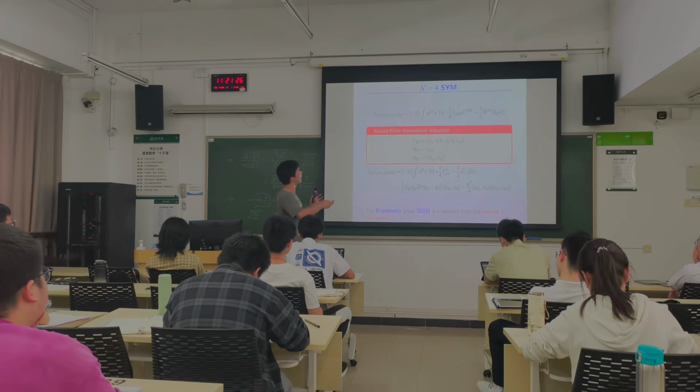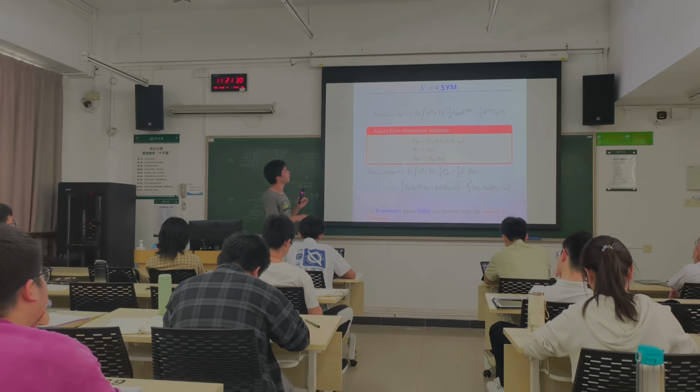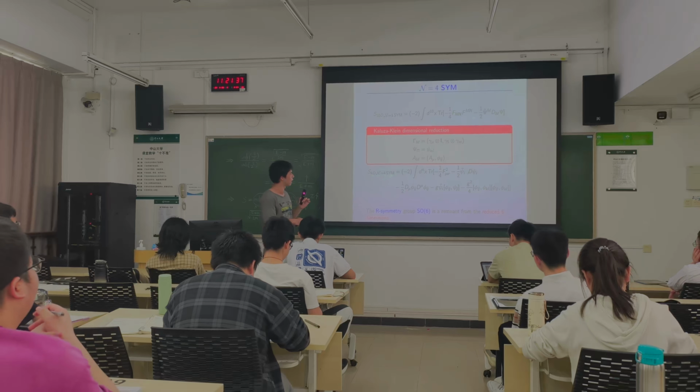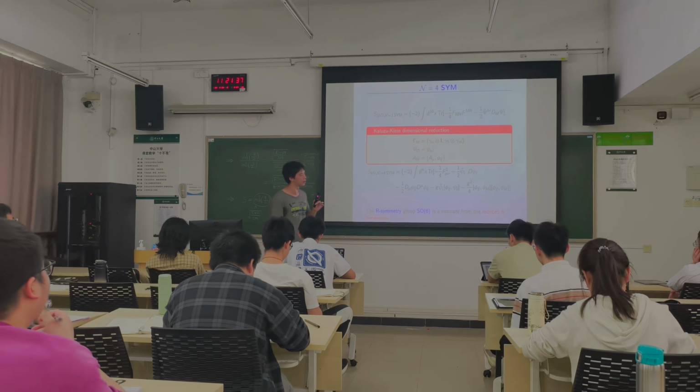Anyway, you can do a Kaluza-Klein dimensional reduction by putting this one here and substituting all this back in this equation, and you get this action for super Yang-Mills N=4. You don't need to bother with the specific form of it, but I want to make it absolutely clear that in this action you can see the coupling constant here, denoted as g. It is superconformal. It is conformal because the coupling doesn't run with scale.